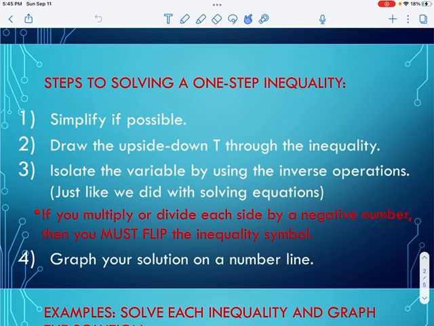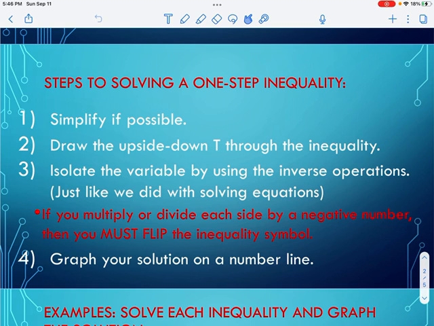Step number one, we're going to simplify if possible. This might include later on things like distributive property, collecting like terms, those types of things. We're still going to draw the upside down T through the inequality symbol that separates our sides from the left to the right. Step number three, just like with equations, we are going to isolate the variable by using the